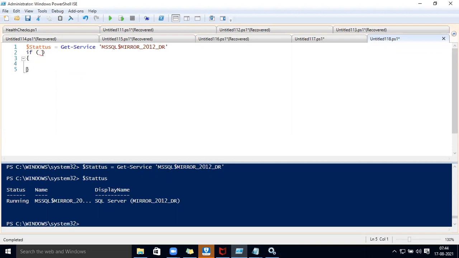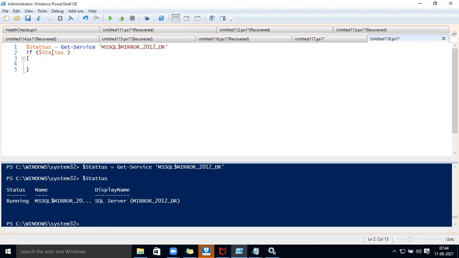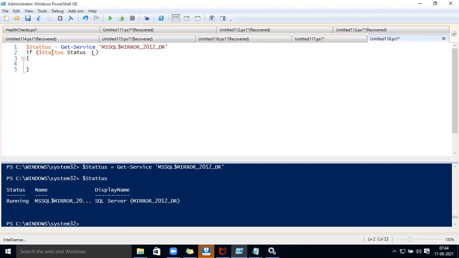So here what we are going to do, if dollar status dot status equal to stopped, if the condition is satisfied, then only it will go inside, right?